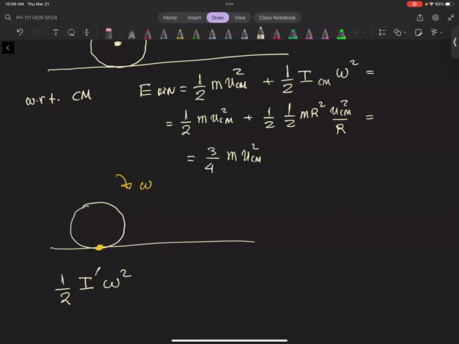So this is what? 1/2 parentheses. What is the disk about its center of mass? I'm going to write the parallel axis theorem now. 1/2 mass r squared plus mass times the distance squared, right? I hope you remember that. Excellent. Mass r squared. That is, again, my parallel axis theorem.